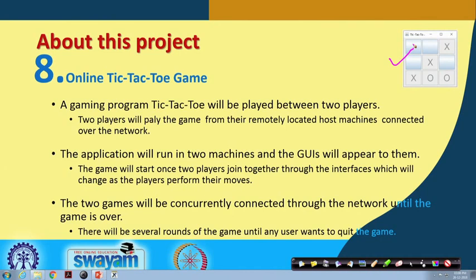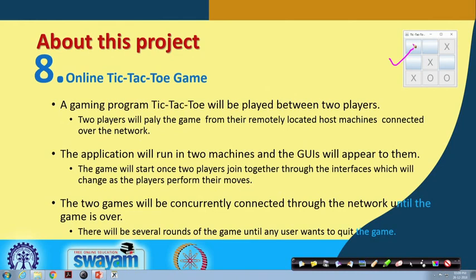As a simple form of this tic-tac-toe game, as we see here, there is a 3 cross 3 board. There may be some complex versions also, 4 cross 4, 5 cross 5 and more. Anyway, let us just work with the 3 cross 3. Later on, if your time permits and your interest grows, you can easily extend it to 4 cross 4 or 5 cross 5. Anyway, we will consider a 3 cross 3 tic-tac-toe game here.